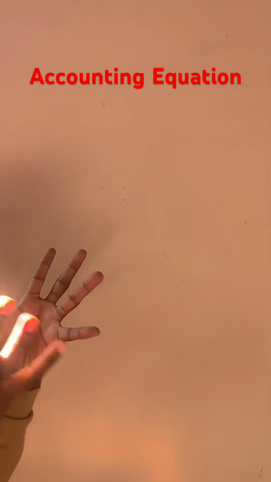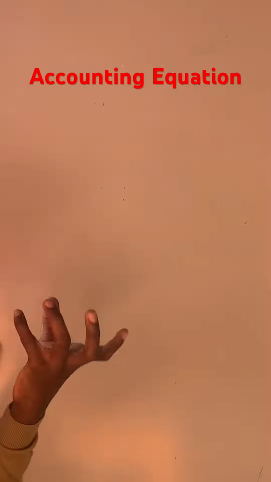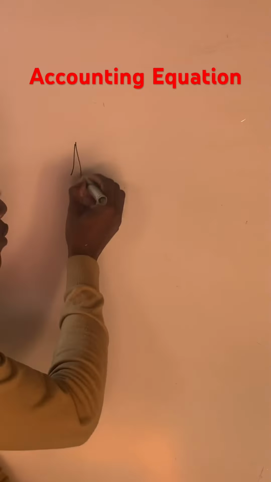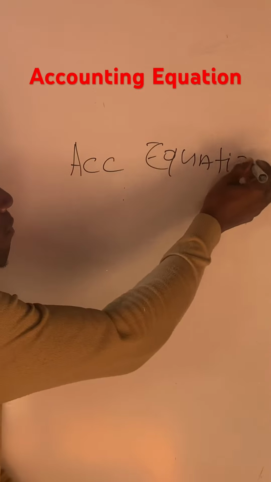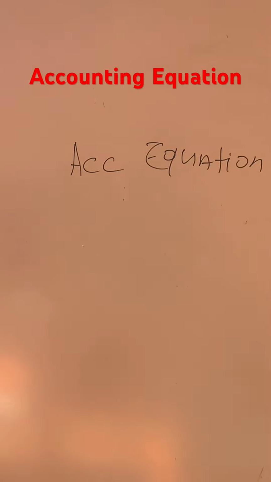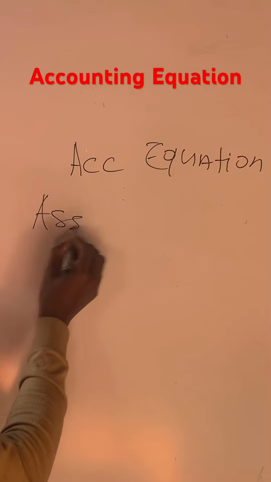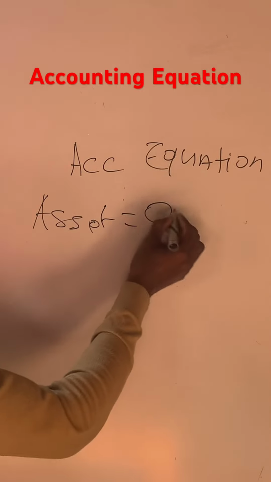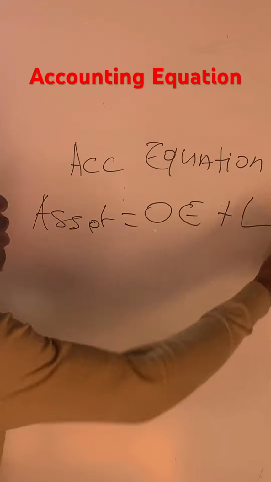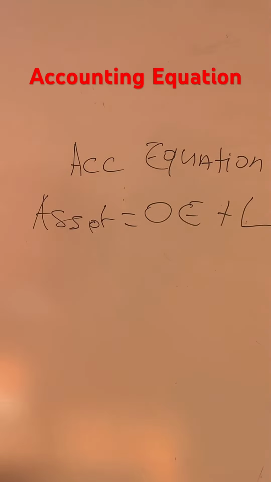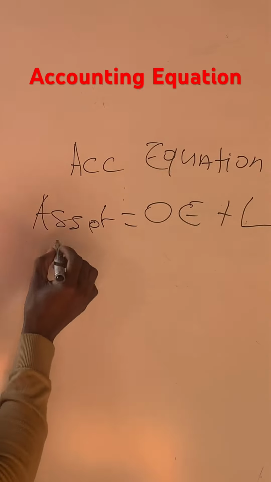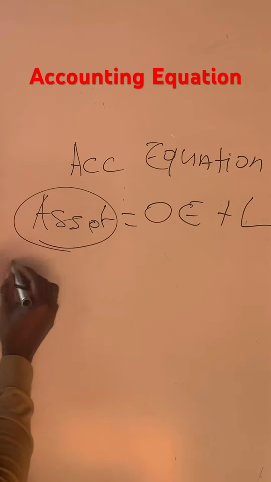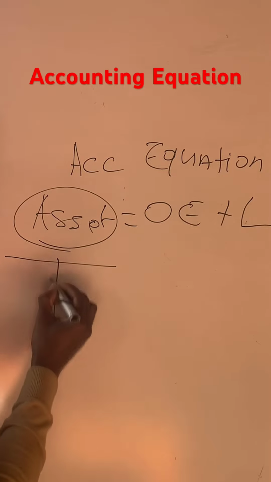We're going to be discussing accounting basics, or principles, one of which is the accounting equation. As you remember, it says assets is equal to owner's equity plus liabilities. Assets is equal to owner's equity plus liabilities. That is the accounting equation. So when we start with assets, remember our